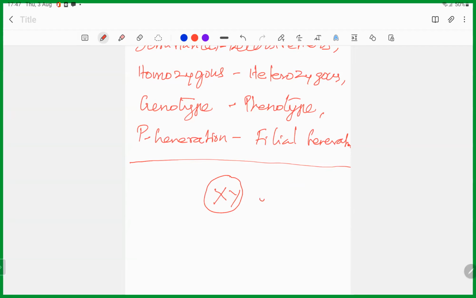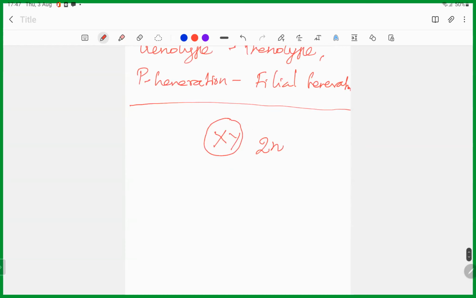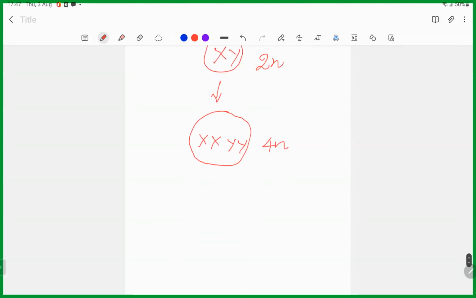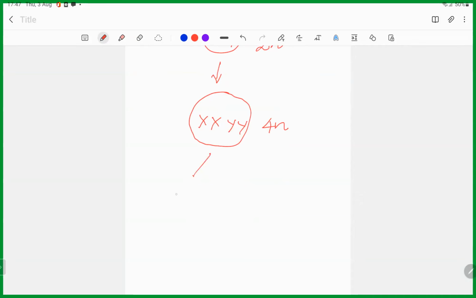This is 2N in a diploid cell. By meiosis, what occurs? They undergo a duplication process. So X becomes XX duplicated. Y becomes Y duplicated. So logically 2N becomes 4N, right? And this 4N divided into 2N,